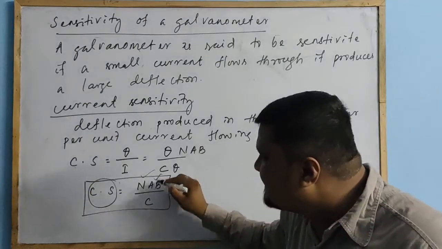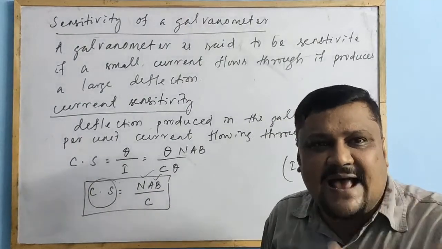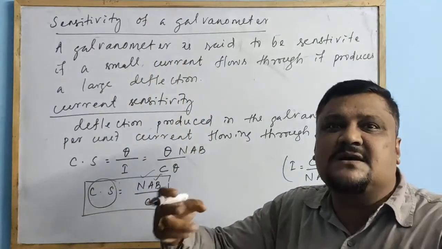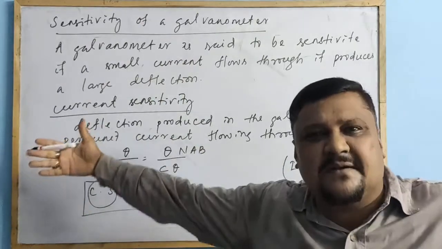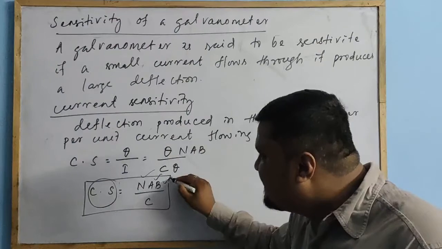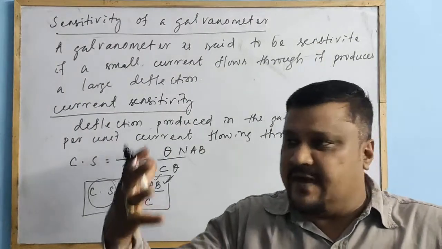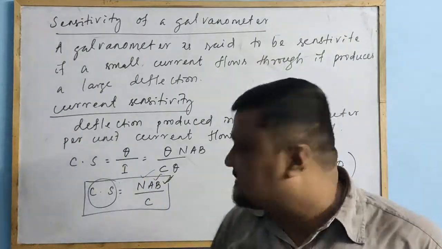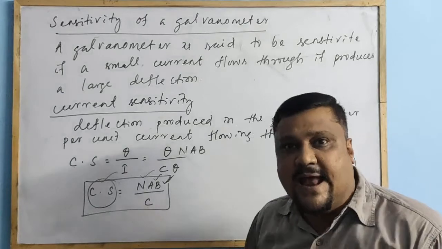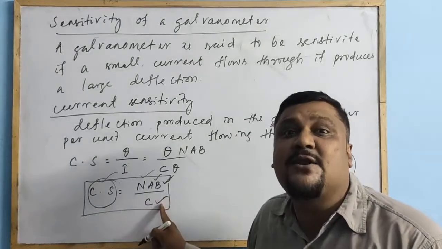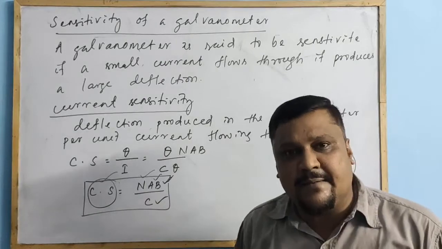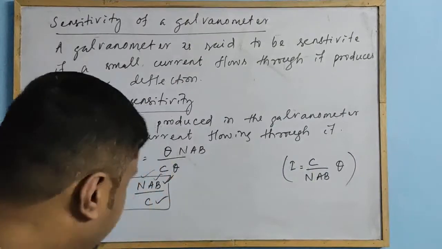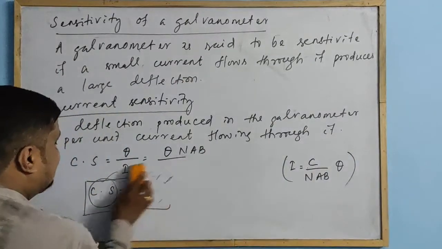Or you can also increase the area of the coil. But if the coil area is very large, you need a very large coil, and again the galvanometer size becomes more. But by increasing the magnetic field, if you make heavy magnets, if the strength of the magnetic field produced by the two poles is increased, then the current sensitivity also increases. And also by decreasing the galvanometer constant, we can increase the current sensitivity. Clear? Then next we will go to the voltage sensitivity.